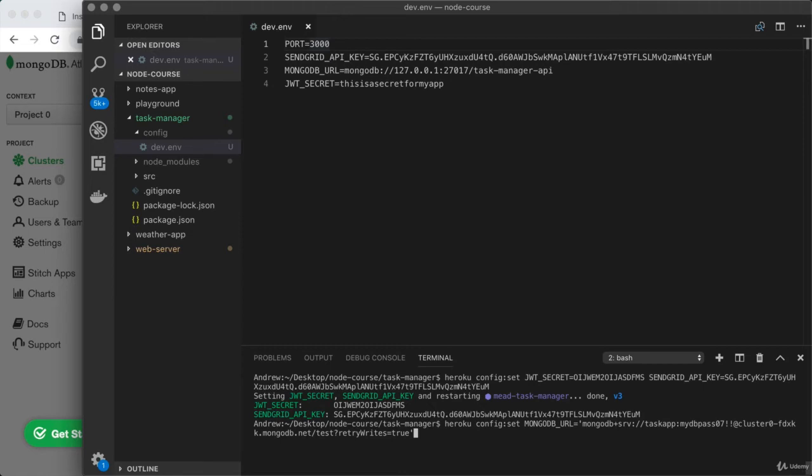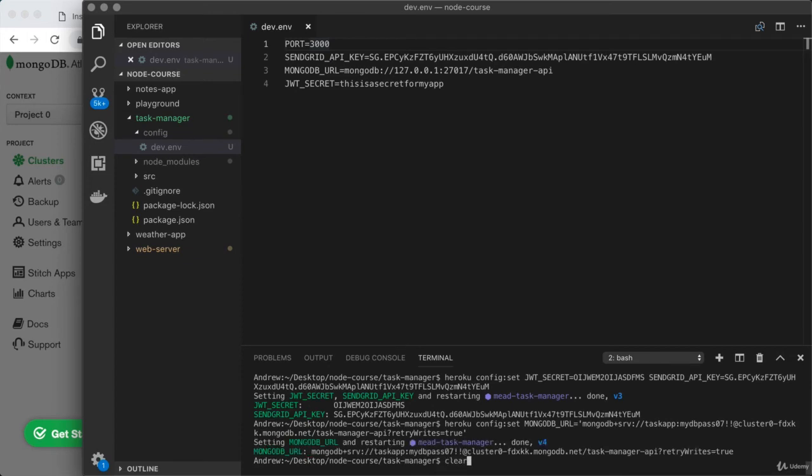Now, if we take a look at the URL structure, we'll notice that we have /test right after mongodb.net. That means we're going to be working with a database called test, and that is not what we had used before. If we want to pick a different name for the database, I can just remove test, setting up something like what we were using locally. So over inside of the localhost database, we had, what did we have? It's right up here, task-manager-api. So I'll use the same thing right here, task-manager-api. Then we have a little query string which was added on, setting something called retryWrites to true. That's just going to make sure that if a write does fail, it's attempted again until it works, and that's exactly what we want. Now we can actually go ahead and run this command to set the environment variable,